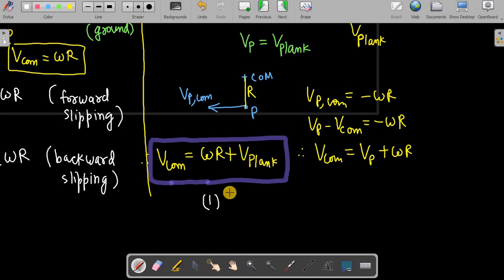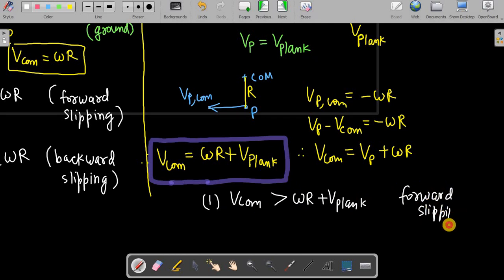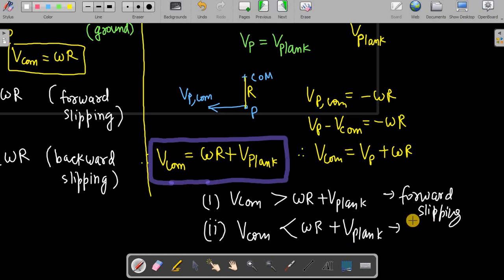But if the velocity of center of mass is, let us say, greater than omega r plus velocity of flat, then it is forward slipping. This is the condition for forward slipping. Similarly, in the second case, if you consider velocity of center of mass smaller than omega r plus velocity of flat, then it is backward